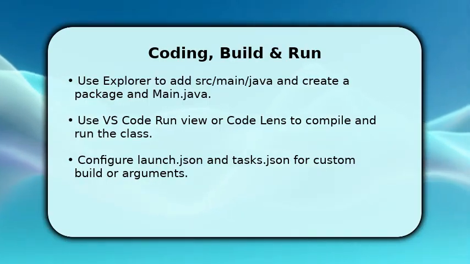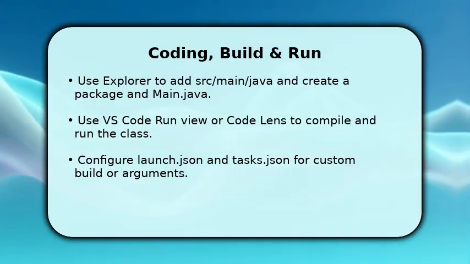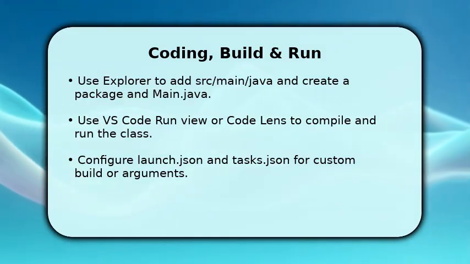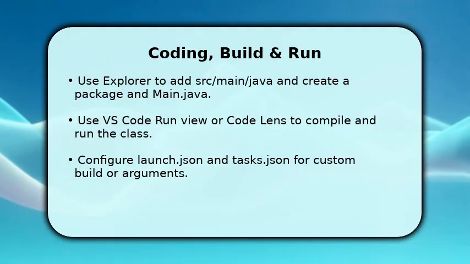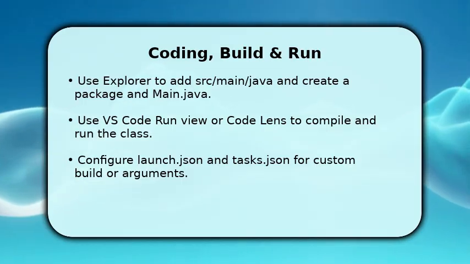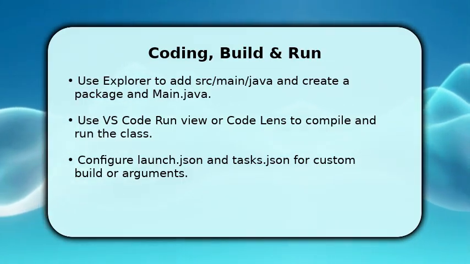Use the run view or the code lens run link above main to compile and execute quickly. VS Code uses the language server to manage class path. If you need custom builds or runtime arguments, generate launch.json and tasks.json from the run panel, then edit the args, VM args, and class path, and you finish